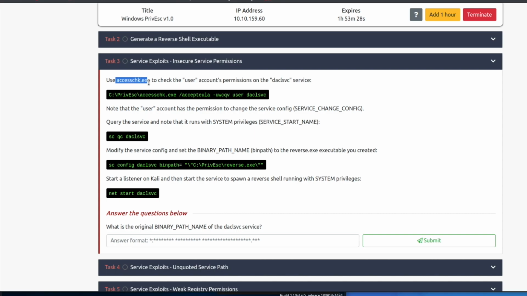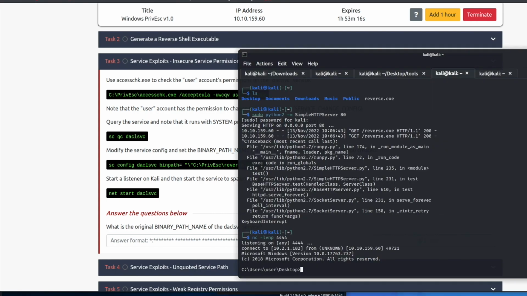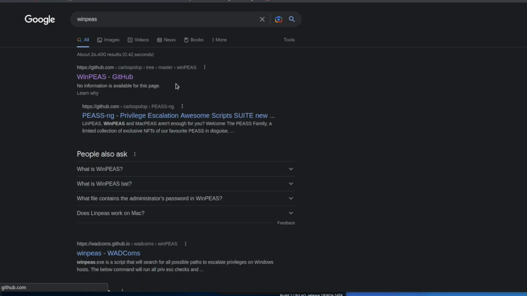And so we have this exe right here. I'm not going to run this. We're going to run WinPEAS because that's more realistic, and that's what we're going to be doing in the real world. I've actually never ran this file, so I don't even know what is inside of it, but we're going to run WinPEAS. So you can actually go to Google, this first one right here,